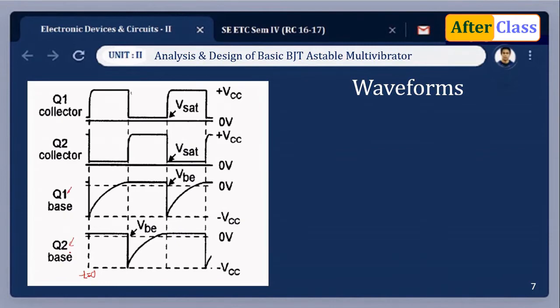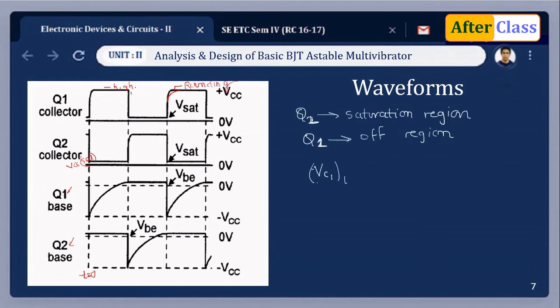So when the base voltage of transistor Q2 is 0.7, that will drive the transistor to on condition, and when the transistor is on, output voltage is near about equal to 0, that is VCE sat. So here in this case the transistor Q2 is on, and during this time interval transistor Q1 has to remain in the off state. When the transistor Q1 is in the off state, output is high. Theoretically what we expect is a square waveform, but here we get kind of a curve. This is what is referred to as rounding.